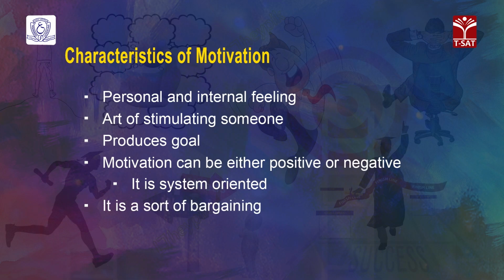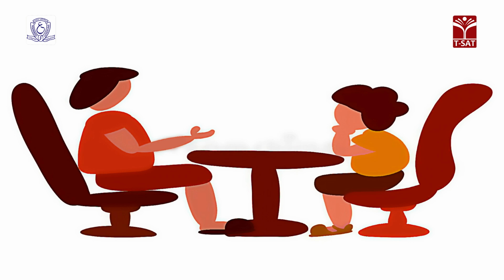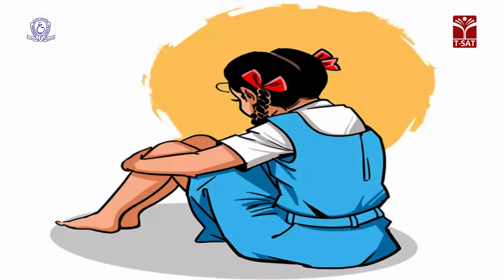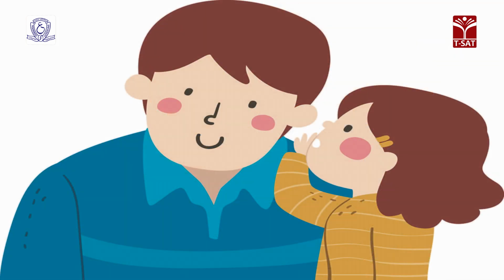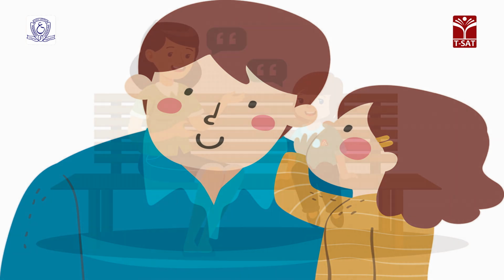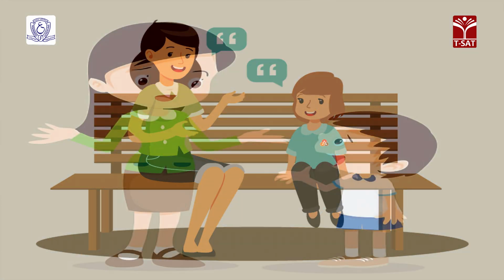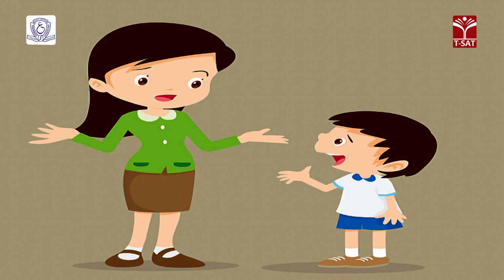And motivation is a sort of bargaining. Okay, I have too many things to do, but what is the first thing that I want to take up? So, sometimes you want to play, your parents say take the books and read. So, you are motivated to take up both the things, but how do you initiate, which one do you prefer? That depends upon a task of bargaining. Okay, at least for 1 hour I will play and then I will come back and do my homework. So, motivation can also be an action of bargaining.